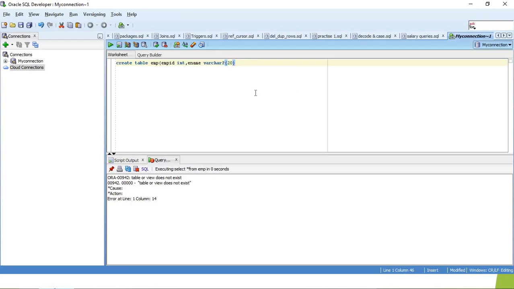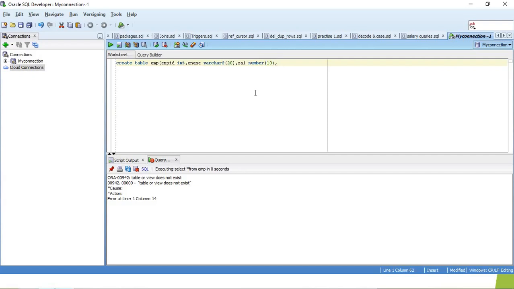So the next column I want to give is salary, the employee salary. For this I want to give data type as number, and the size I want to give as 10. Salary can be more than 10 digits, or if you want to give 20 also, there is no problem with that. And I want to give job.